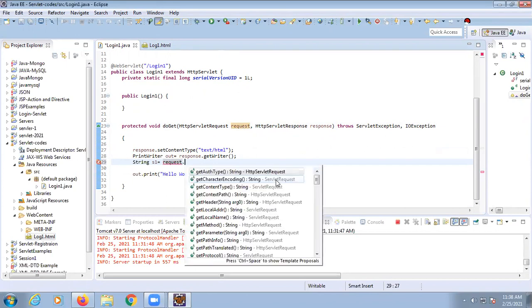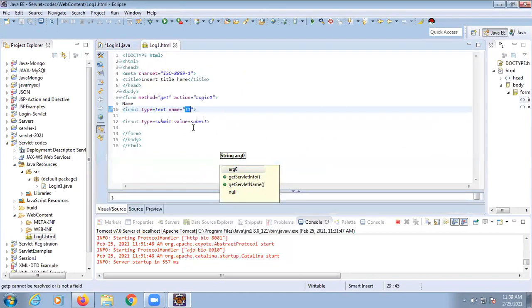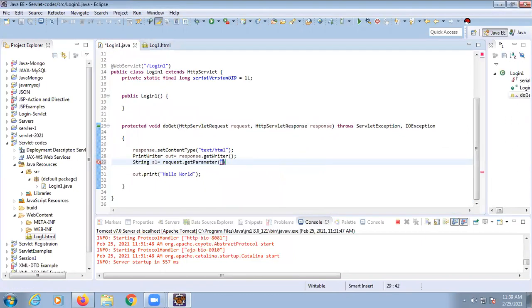The method we have to use is getParameter, and in getParameter, as the name of the text box we have used is T1, in double quotes you have to use T1 and then a semicolon. Now the name is stored in s1, so just press plus here and give s1. So the name will be added here.